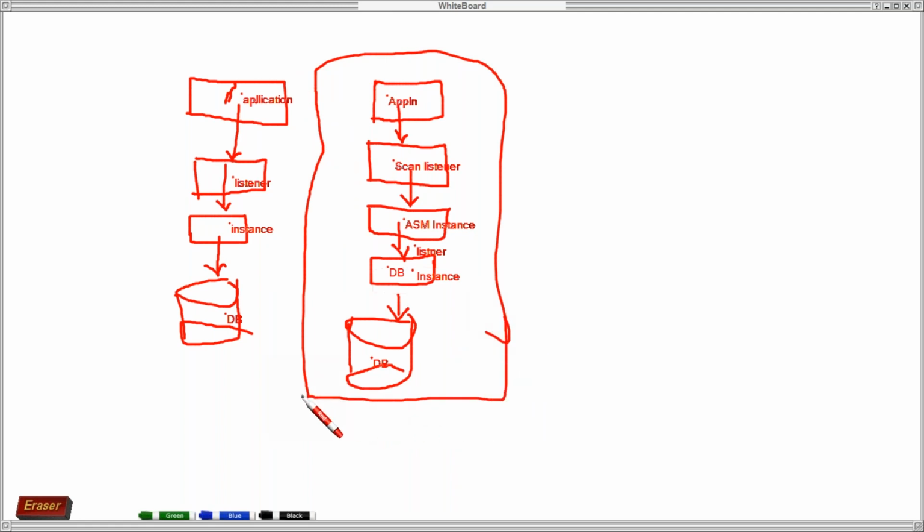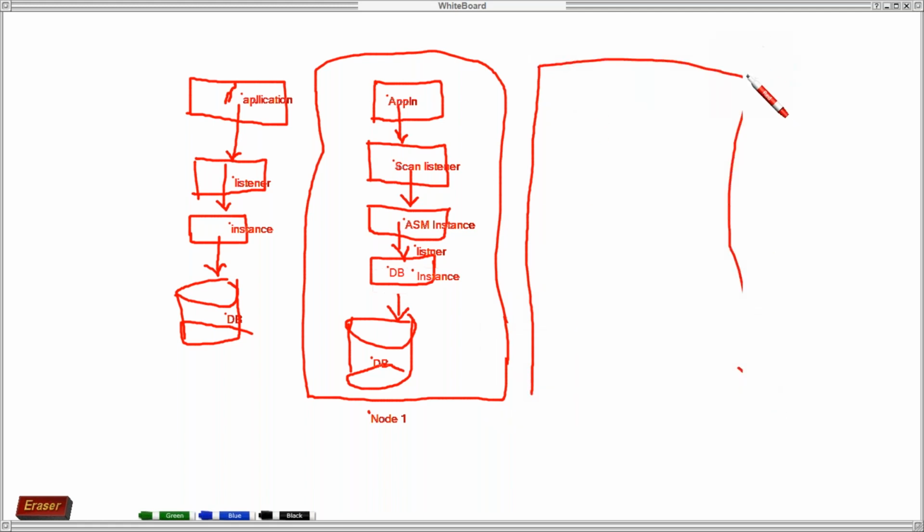Just bear with my drawing, it has not come properly. Yeah, no problem. Similarly here you have your node 2. Flex cluster we saw yesterday, no? Similarly we have one more concept called Flex ASM.